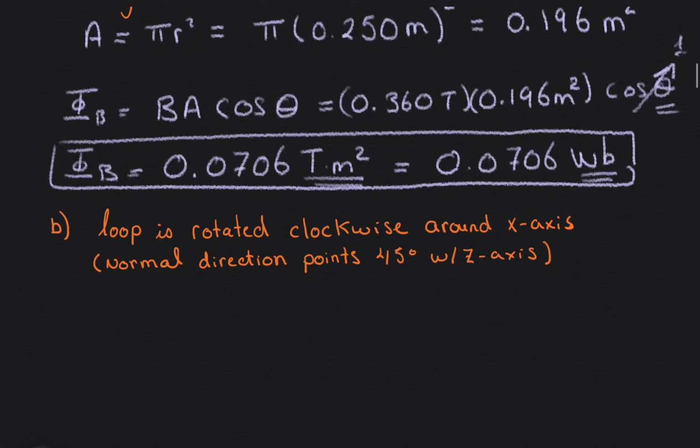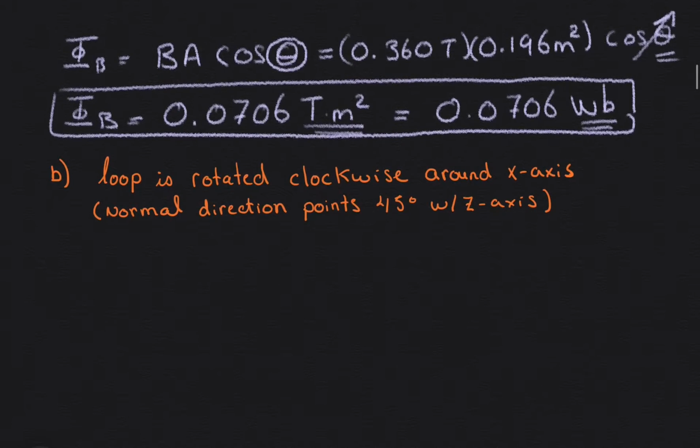Okay, so let's then change the orientation of this loop. Part B states, suppose the loop is rotated clockwise around the x-axis, so the normal direction now points at a 45-degree angle with respect to the z-axis. Recalculate the magnetic flux through this loop. So we're calculating the flux again, and the only variable that is changing in this case will be this angle